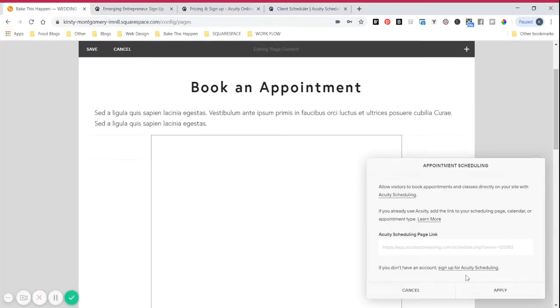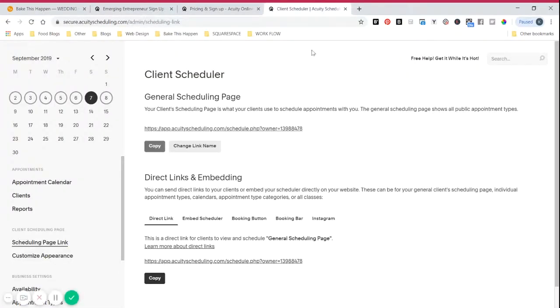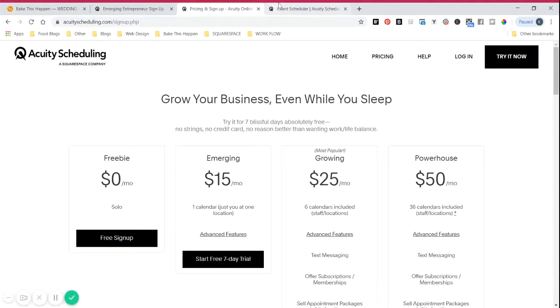So from this screen here, you'll sign up with Acuity Scheduling. That'll take you here. You can use your email and password to create an account. So you can input an email address and a password to create an account. And as I said, it'll ask you to connect with your Squarespace account if you've got that business plan, to give you the complimentary $15 a month plan. When you've logged in, you'll be brought to